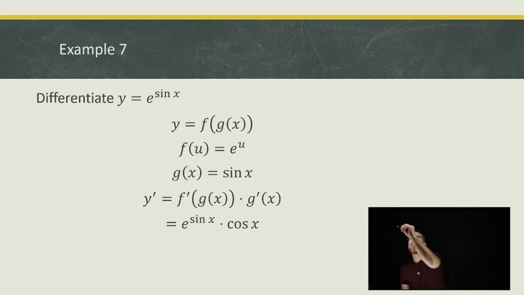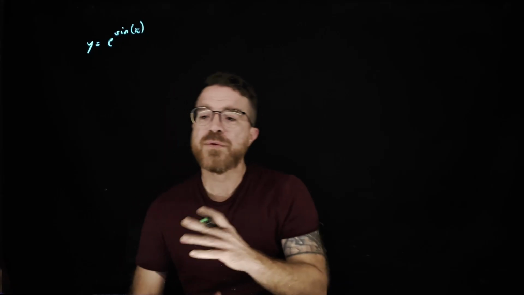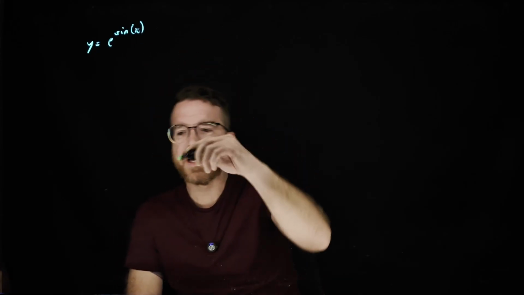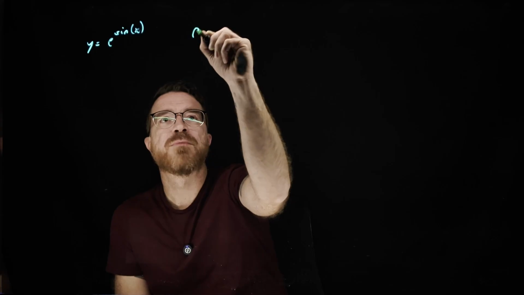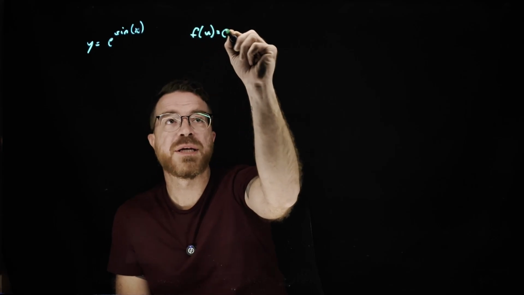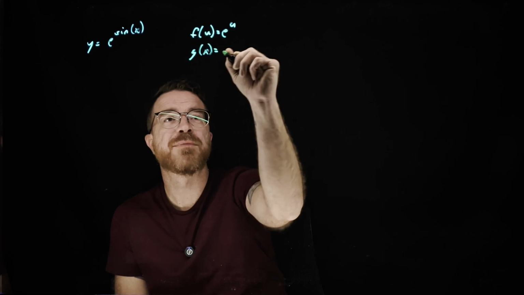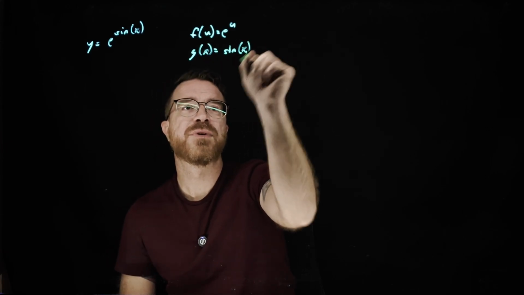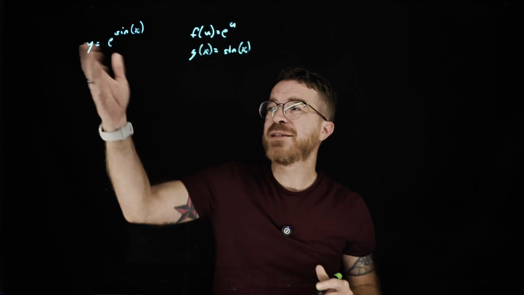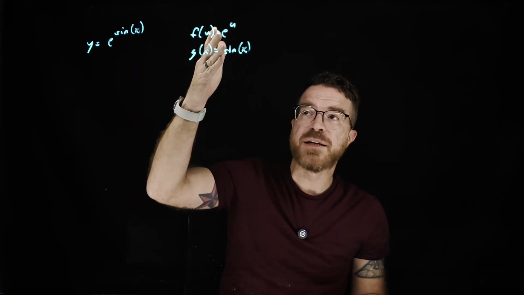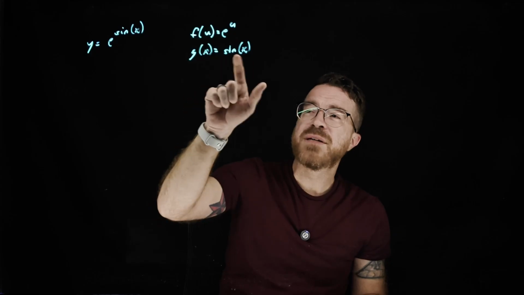For my next example, we have y is equal to e to the sine of x. So if we consider that this is my y equals f of g of x, my outside term, f of u, is just going to be e to the u. And my inside term, the g of x, is going to be the sine of x. So what this means is when I take the derivative of this, I'm going to take the derivative of my f of u term, so this is going to be the derivative of e to the u,